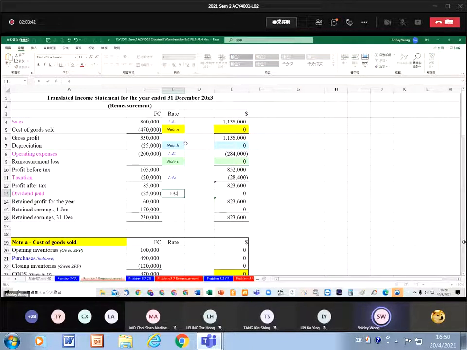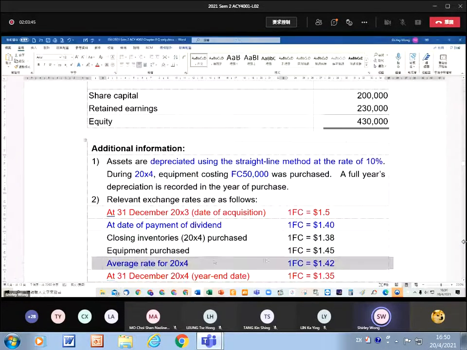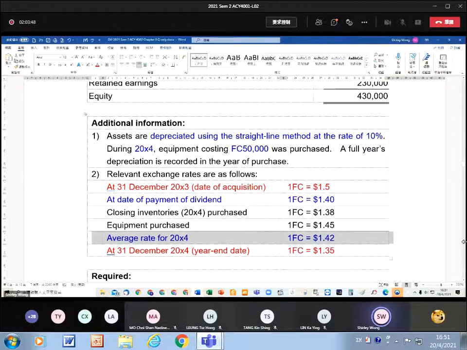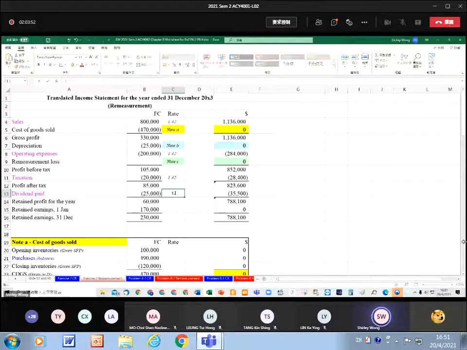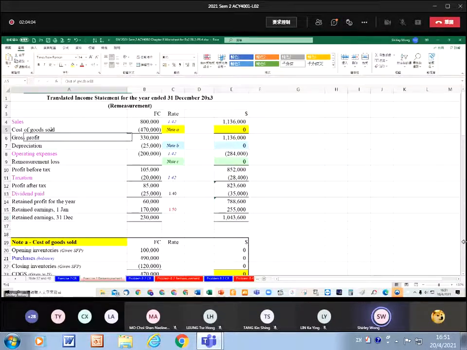Dividend pay 都係1.4。sorry, dividend pay 咧，我哋用翻 actual rate. Dividend pay it will be the actual rate that is 1.4. Dividend 咧，我哋就用翻1.4。Okay, so all this we are following the same as the closing rate method, and then for the opening retained earning, we will use the acquisition date rate. 好，咁呢啲我哋做咗咯。And then now we need to calculate the cost of goods sold, we need to calculate the depreciation and also